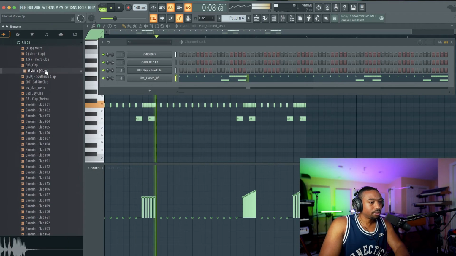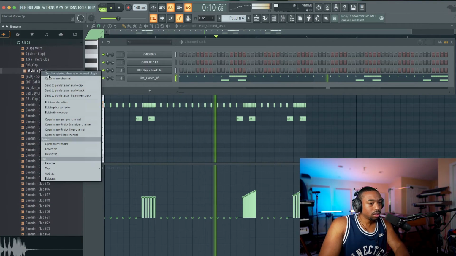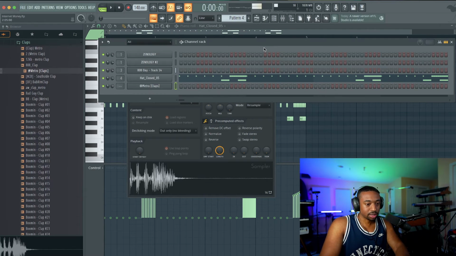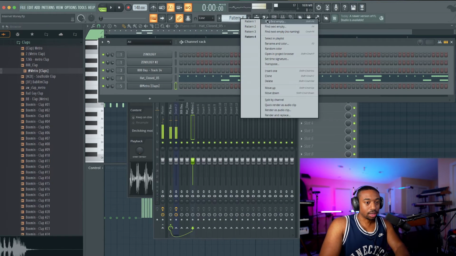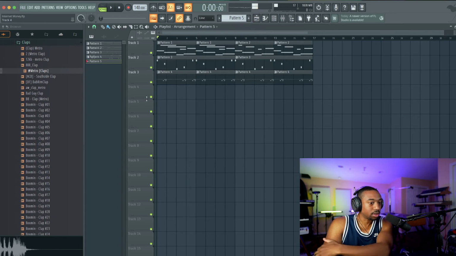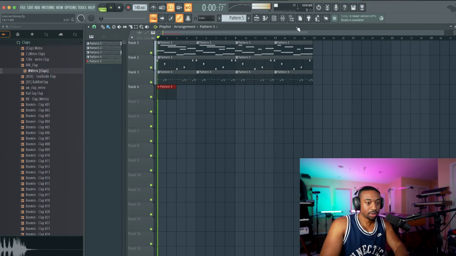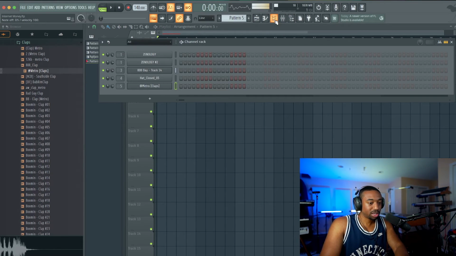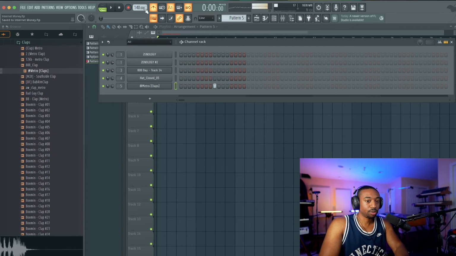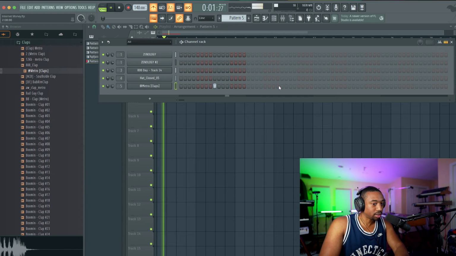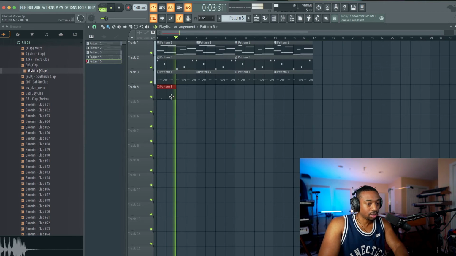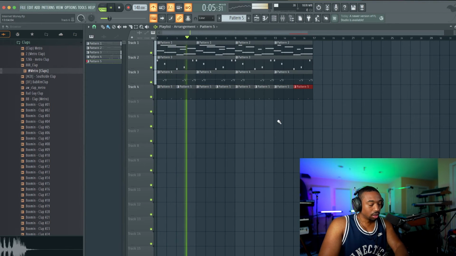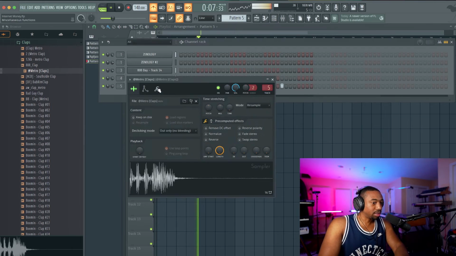Let's get a clap. Everybody loves this clap for some reason. In these newer genres, they just use the crap out of this Roland TR-808 clap. You can pitch it up, you can pitch it down. So we're gonna put the clap on the 3 and the 7. Turn your metronome on, and it's 1, 2, 3, 4, 5, 6, 7, 8. You've heard the clap a million times. I'm gonna pitch it up a little bit.